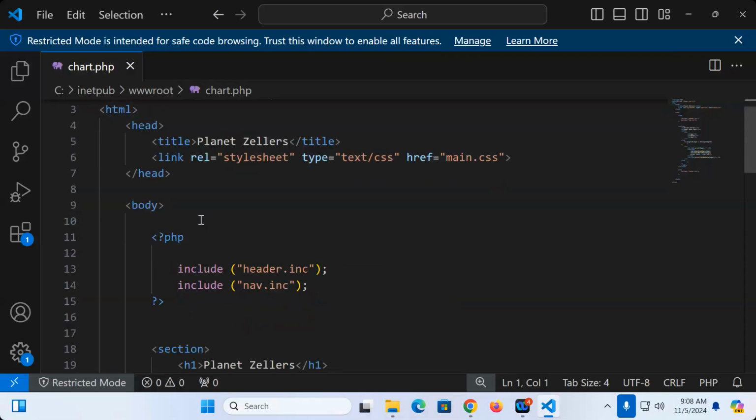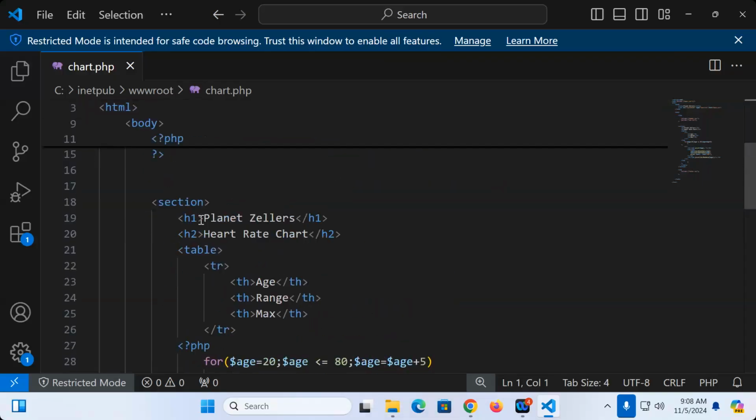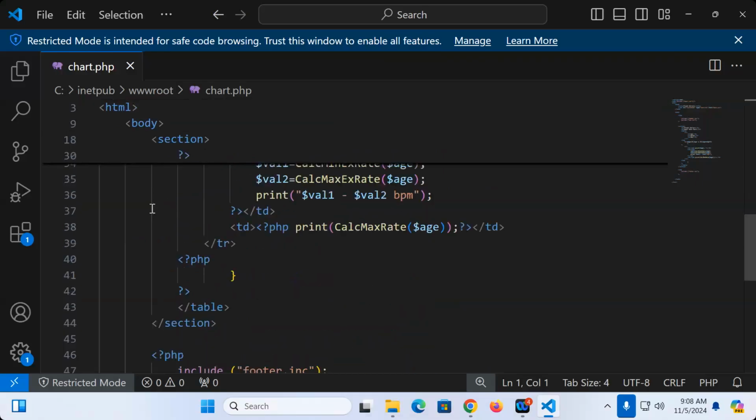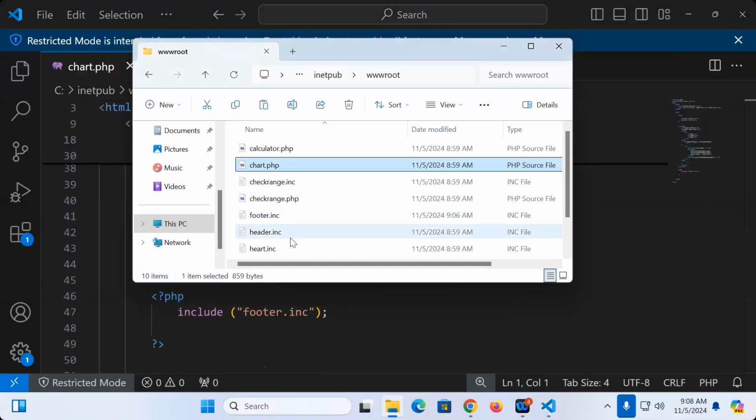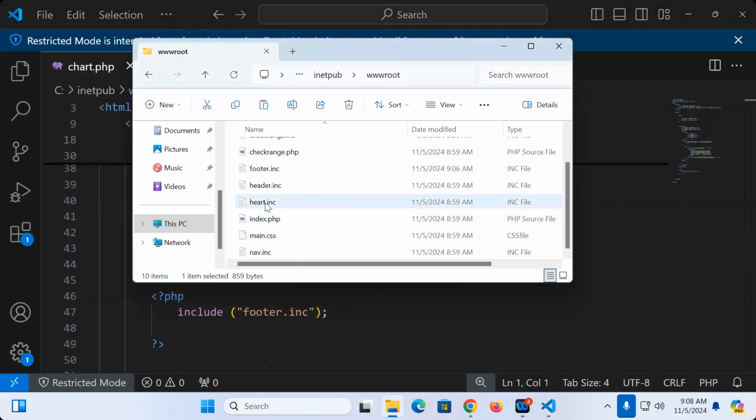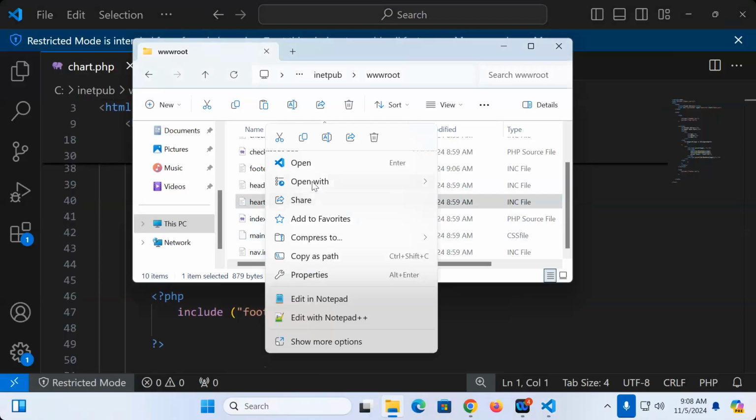Same thing with the chart. I have the includes. I have the stuff that's distinct for this page in its own section, and then I have the other include. But I have an include file for the calculations, and it's called heart.inc. By the way,